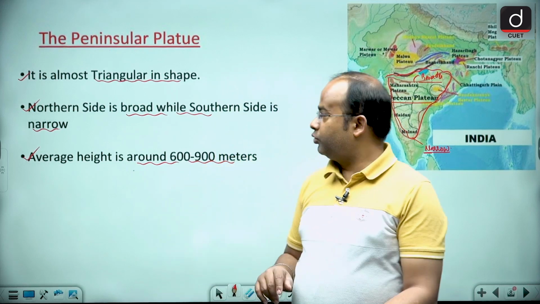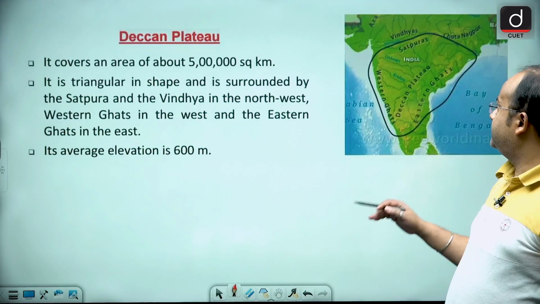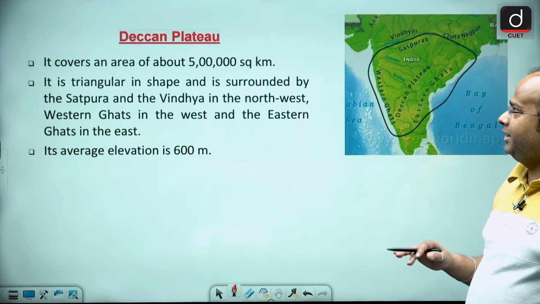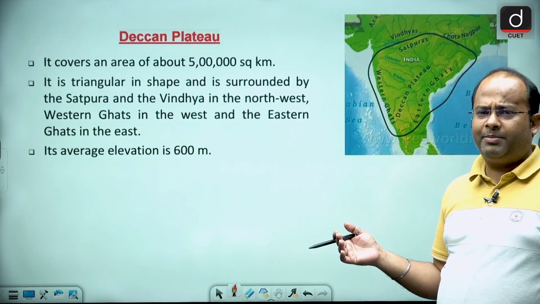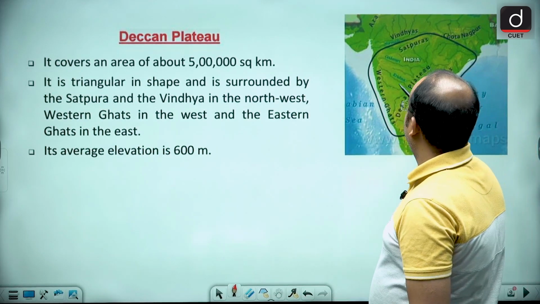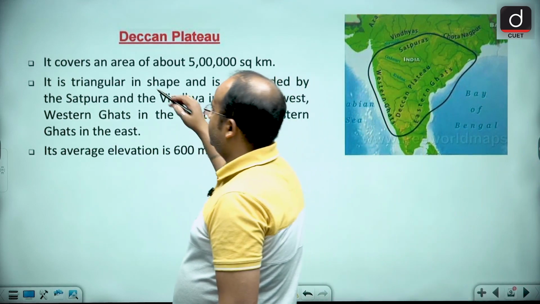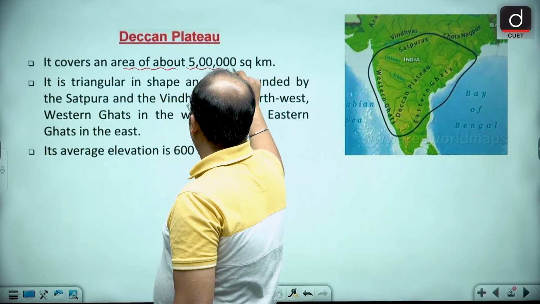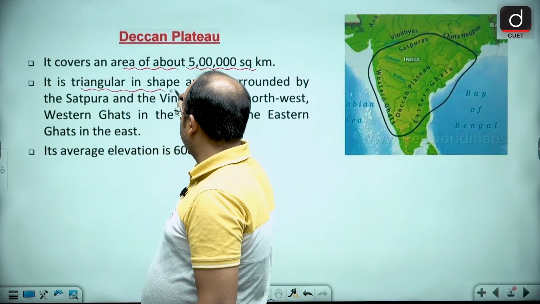Is that clear to all of you, guys? So this is about the peninsular plateau. Now guys, in this peninsular plateau, first of all we have the Deccan plateau area. Other than the Deccan plateau we have the Meghalaya plateau as well. The Deccan plateau has an area of around 5 lakh square kilometer, and it is triangular in shape, and